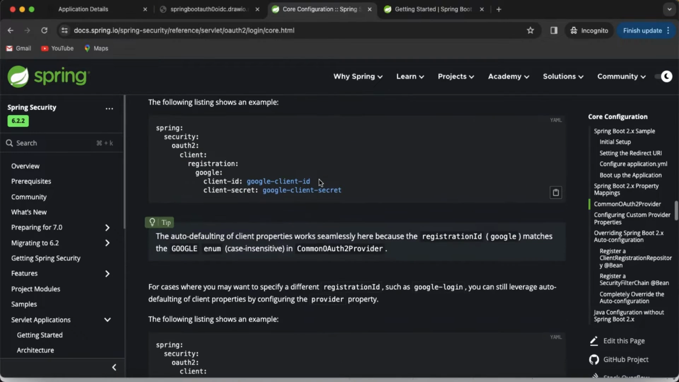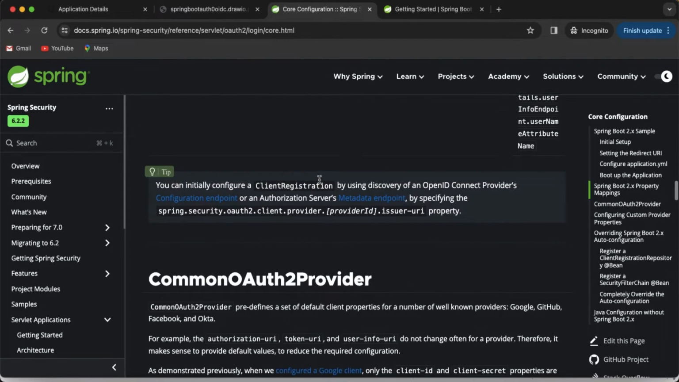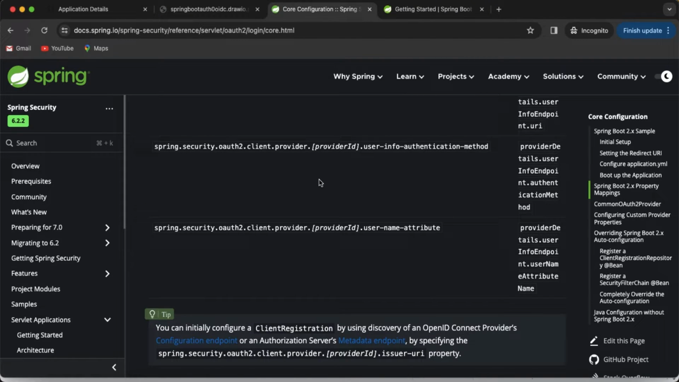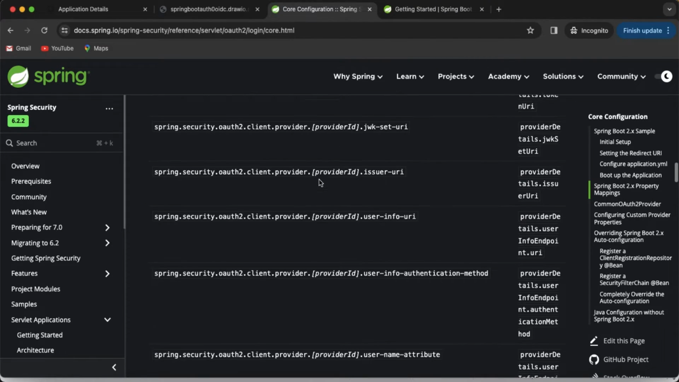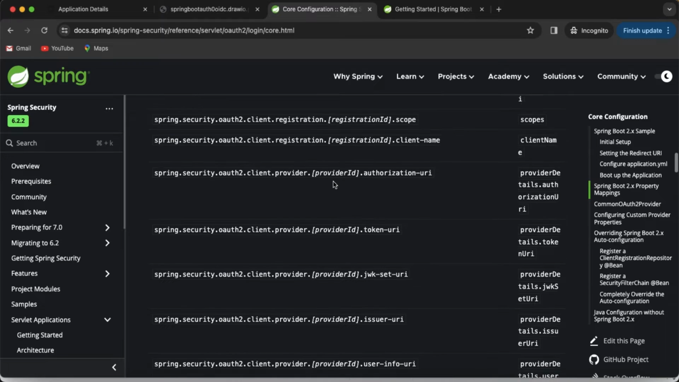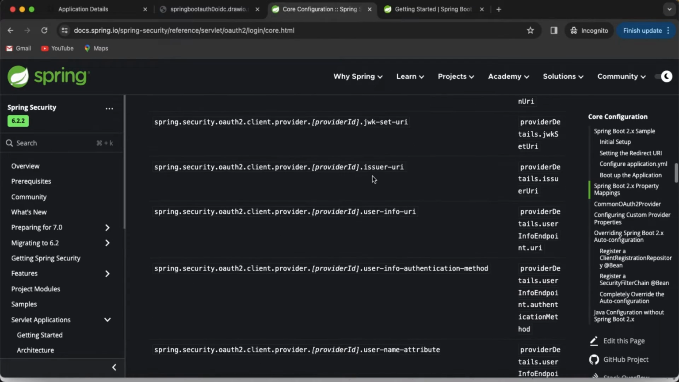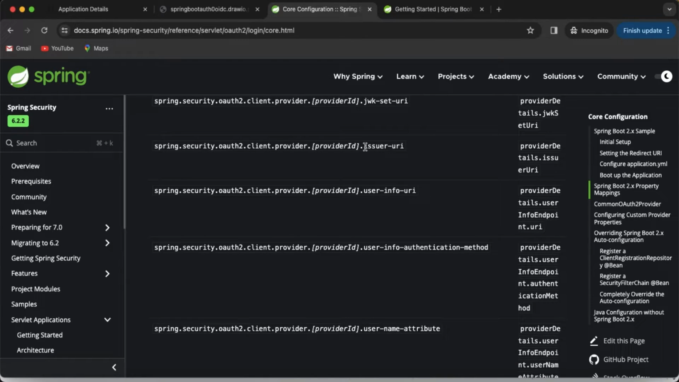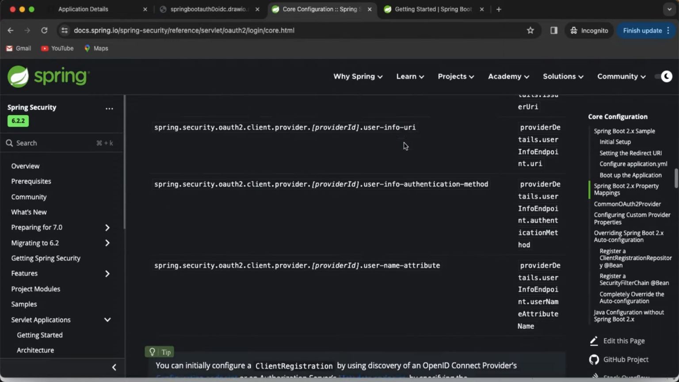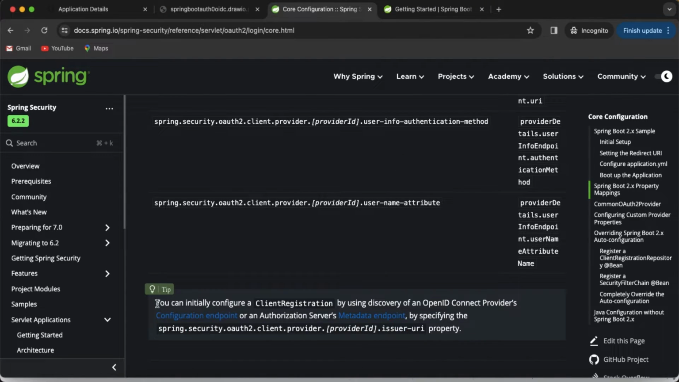So go ahead and open your Spring Boot security documentation and scroll up, and you will see this table where it explains all the different properties that are supported by the Spring Boot application.yaml or application.properties. So here you see a property called issuer-URI, right? Copy that property, and if you scroll down here, you can see a